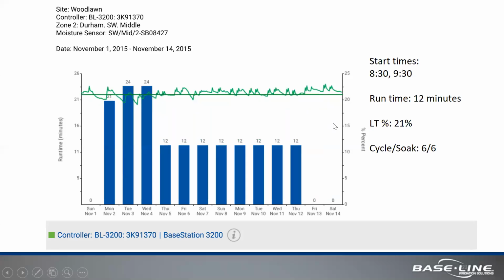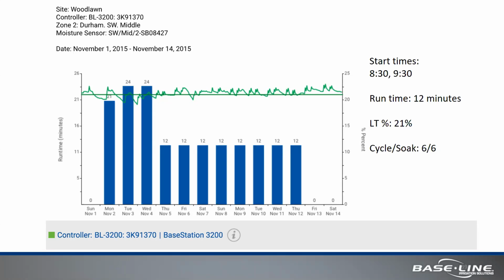If we look at the middle of the wall, due to gravitational drainage and the fact that the exposure isn't as extreme in the middle of the wall as it is at the top of the wall, 2 different start times were programmed to the controller with a shorter run time at a lower threshold setting, and then that zone would only irrigate if it dried down below 21% moisture content at either 8:30 or 9:30. So you can see that it started to wean off of the amount of irrigation required in order to maintain